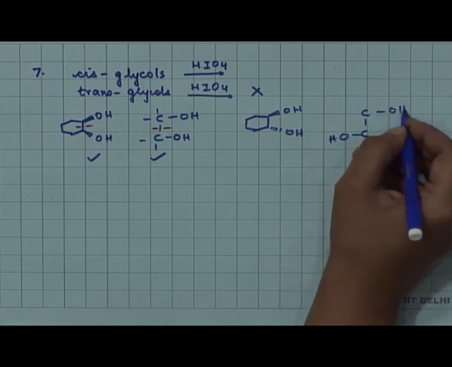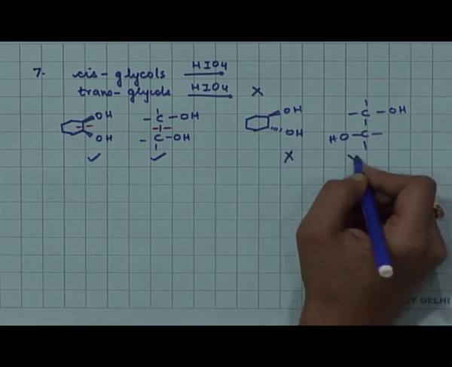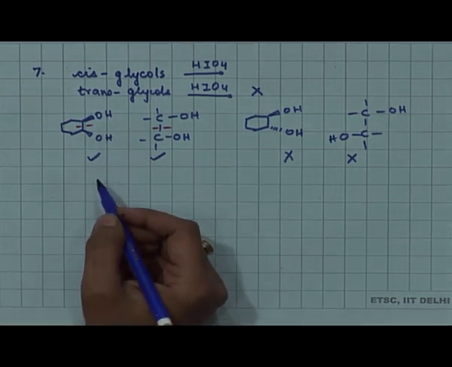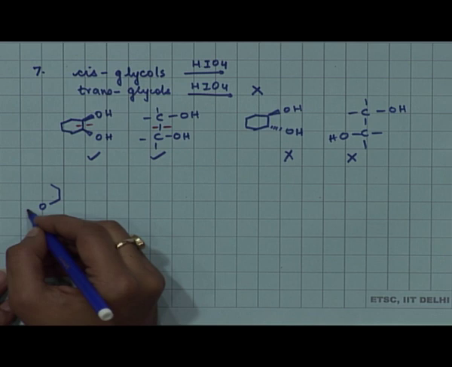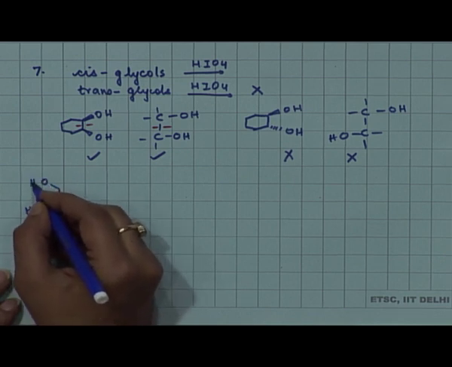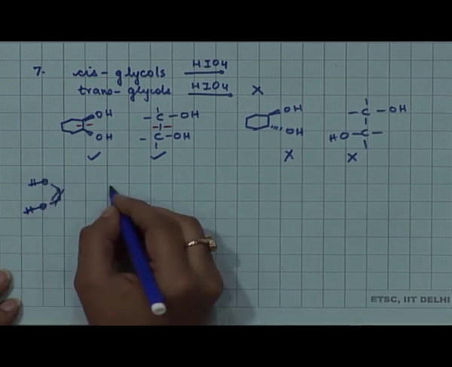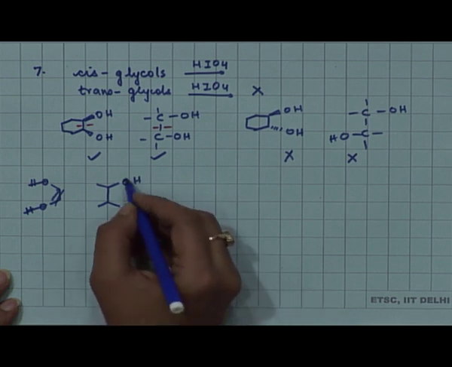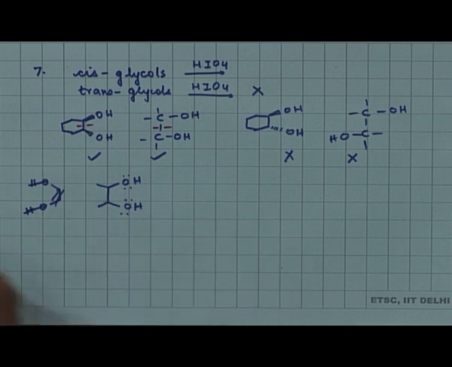for whatever reason, if this stereochemistry is fixed here, if you start with the trans isomer, then these are not oxidized. So, the question is why? Why does it happen that it is only giving you the oxidation with the cis stereochemistry? So, if you just look at the way this oxidation takes place, you start with a cis glycol. Okay, let me just redraw this. If you start with a cis glycol, and you treat it with periodic acid,